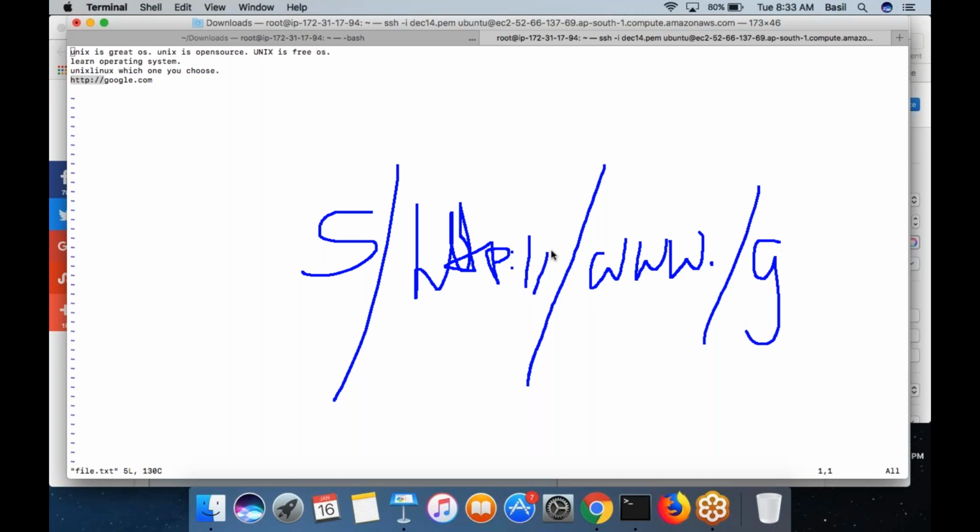But as you can see, there are slashes that you want to put here, and by default, slash is the delimiter for the sed command. It's not a normal string. So if you want to put http:// like this, you should put a backslash in front of the slashes. As you know, backslash is the escape character: a backslash followed by a slash means it is a slash as a pattern or a string.